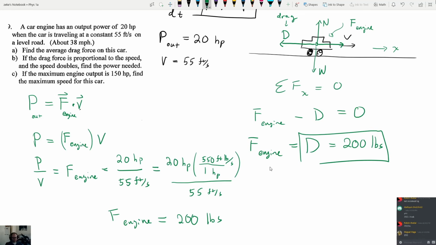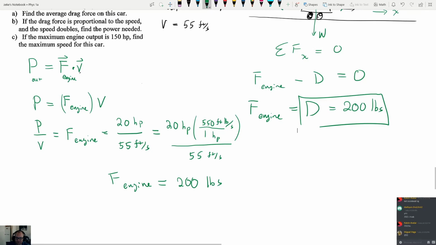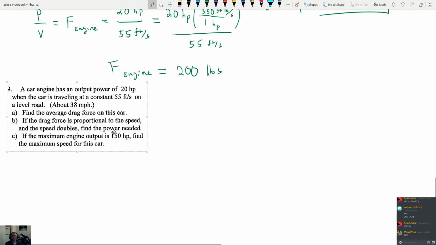Okay. Any questions? The next part says, if the drag force is proportional to the speed, and the speed doubles, find the power needed. Okay. So, I probably shouldn't have used up so much room here. What I'm going to do is just move this down, and we'll kind of start a new problem. So for part B,